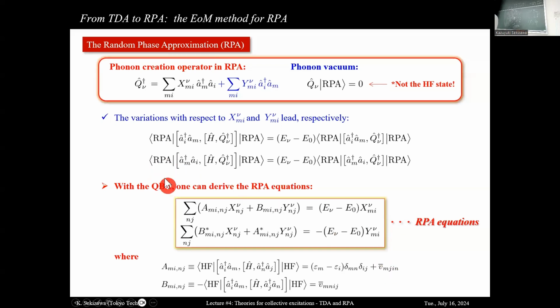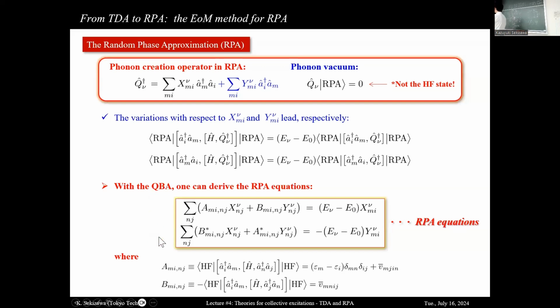So again, this first equation was derived by variation with respect to x, and the second equation was derived by variation with respect to y, the backward amplitude, and from those equations, you can derive these two